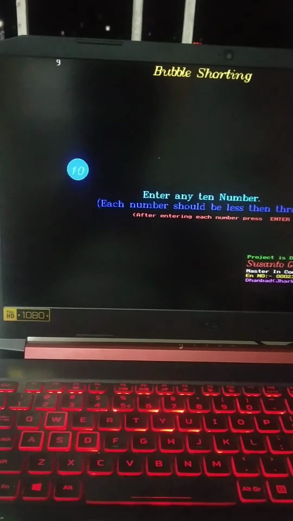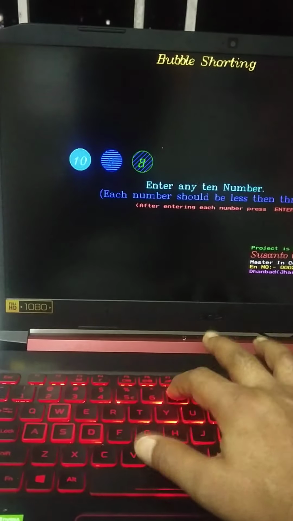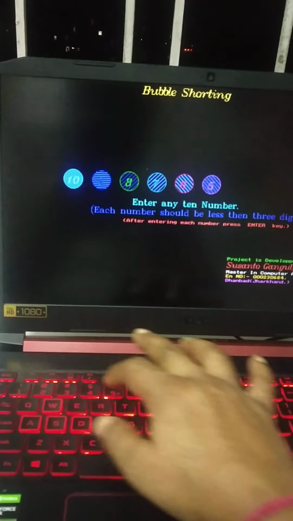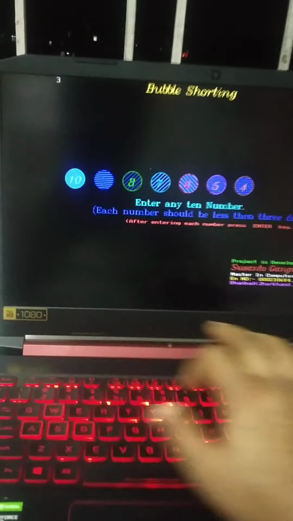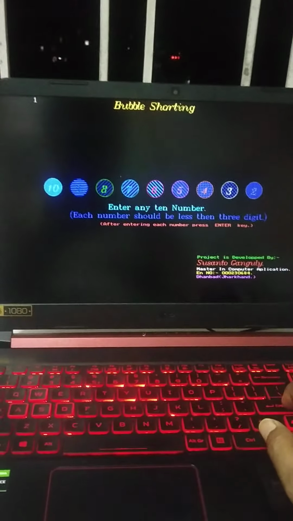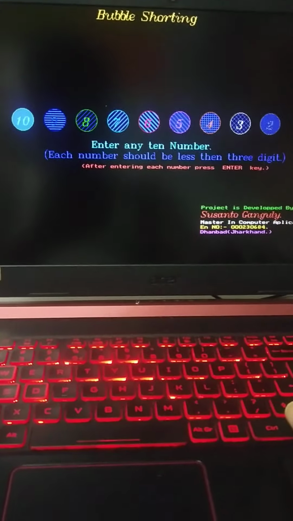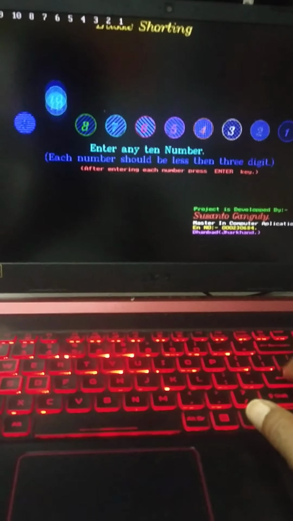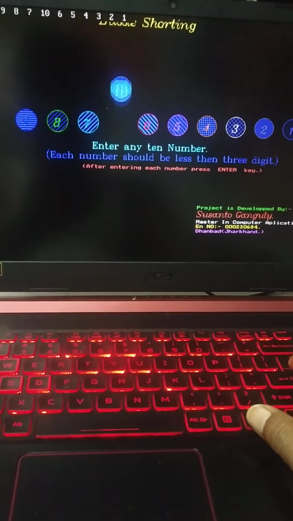Then I am pressing 9, 8, 7, and then 6, and then 5, and then 4, and then 3, and then 2, and 1. And these are the numbers I have entered on my screen, and now I am pressing this, and see how all those numbers are moving.